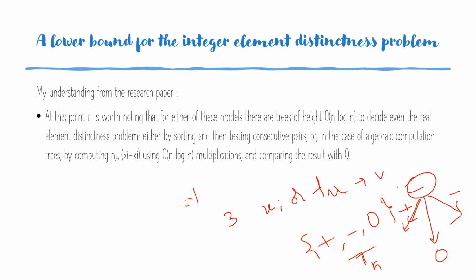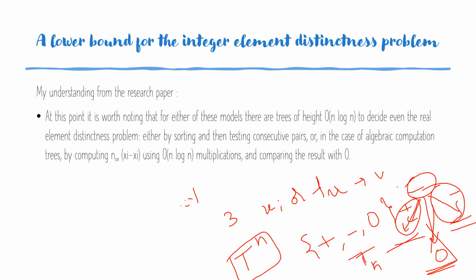And now branching is occurring by comparison of nodes, whether it is positive or negative. So if it's positive, it goes on the other side. So here, this is how branching is occurring. Here we are assuming that there is no zero division. We are eliminating this. It will be either positive or negative. So this is how they define the tree model T of n. Now they are giving that for this model of tree, the height is again order of n log n.